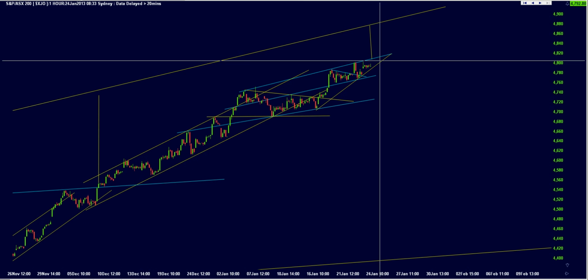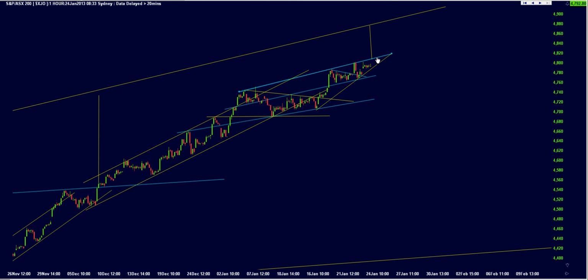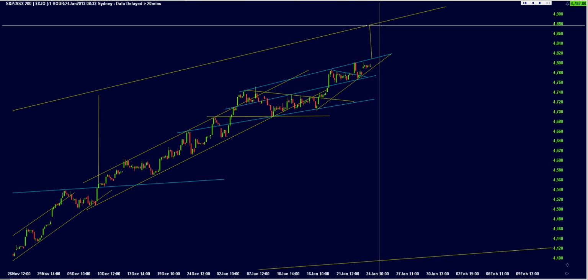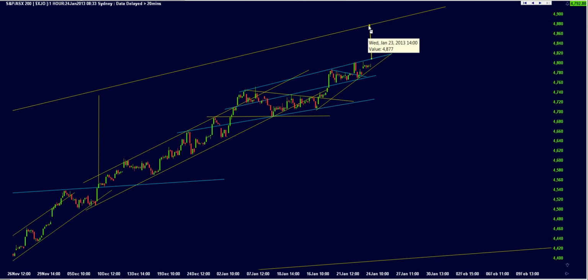Is this blue line here? If we can get over it, we could then expect a minimum expected move up to that 4,877 area as an expected target. Now guys, this line you would think would put up a strong area of resistance, and we may resist off this area. Now, if we break this blue line here in trade today,